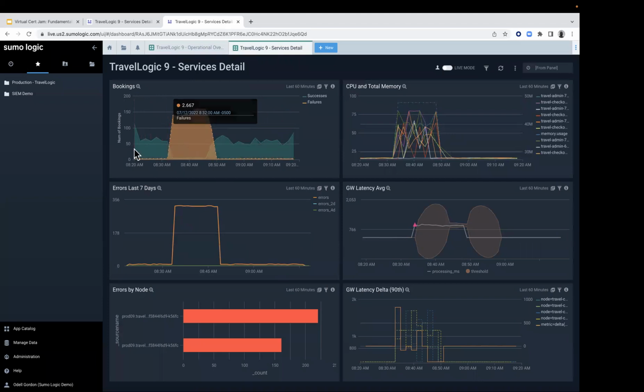I can see bookings was great, and then all of a sudden there were some peaks. Okay, I can see my errors over the last 7 days, my errors by nodes, my latencies, my averages, and I can see my CPU total memory. Some other features that you can utilize and take advantage of in our tool: